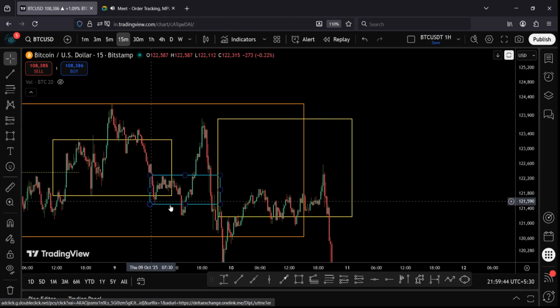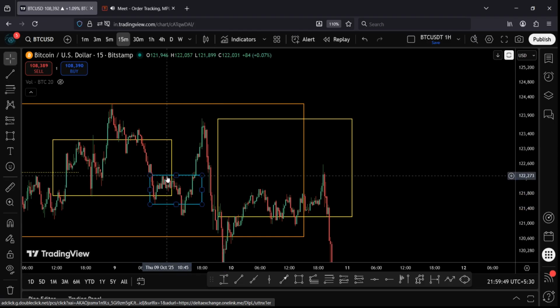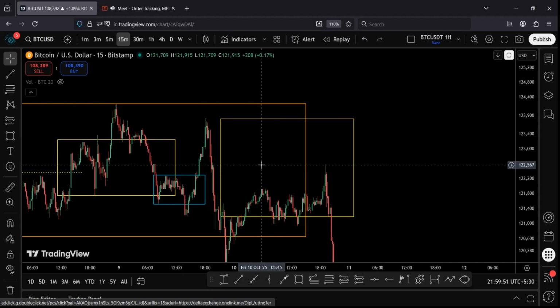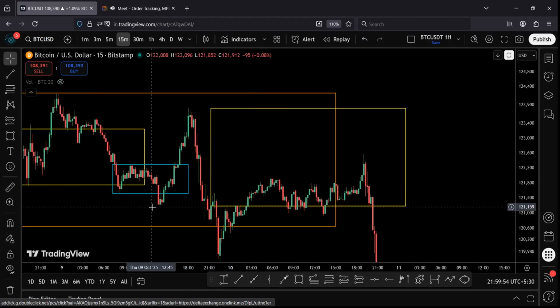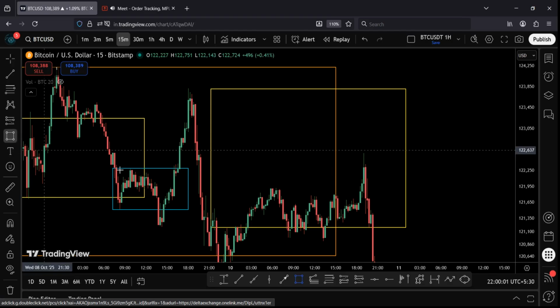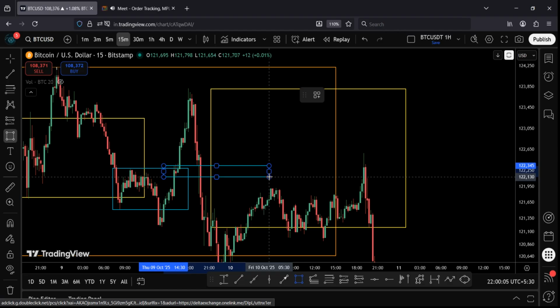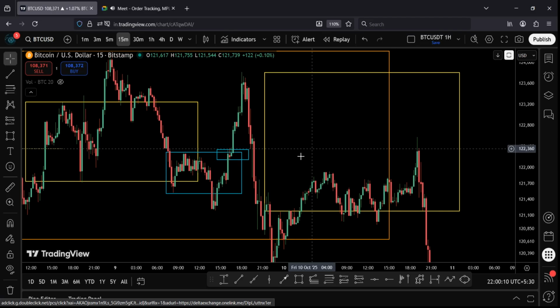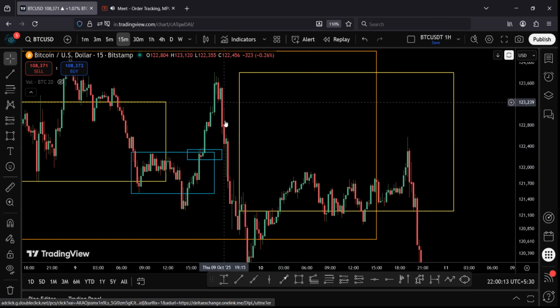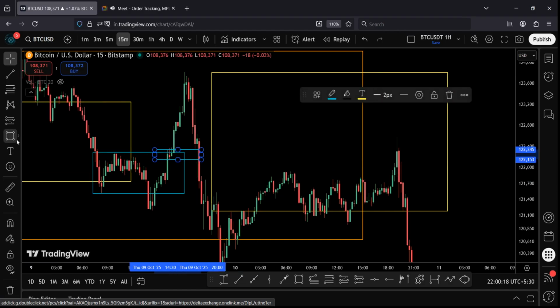okay, teal color. So what happened here, price crossed this to the upside using order tracking. This was our downward box, and this is our upward box that will be created here, like this, okay. What happened here, price goes up, came down again, and what happened here, this has